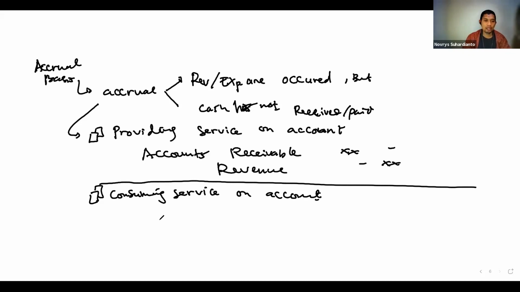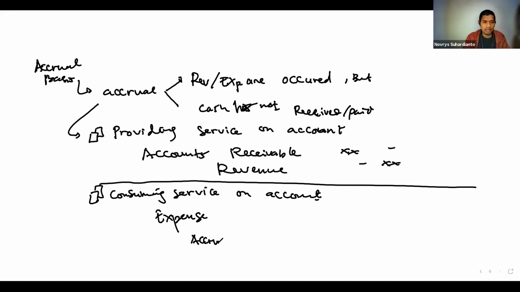So in that regard, we record expense. However, because there is still an obligation to pay, we have to record expense payable or expense liability, or